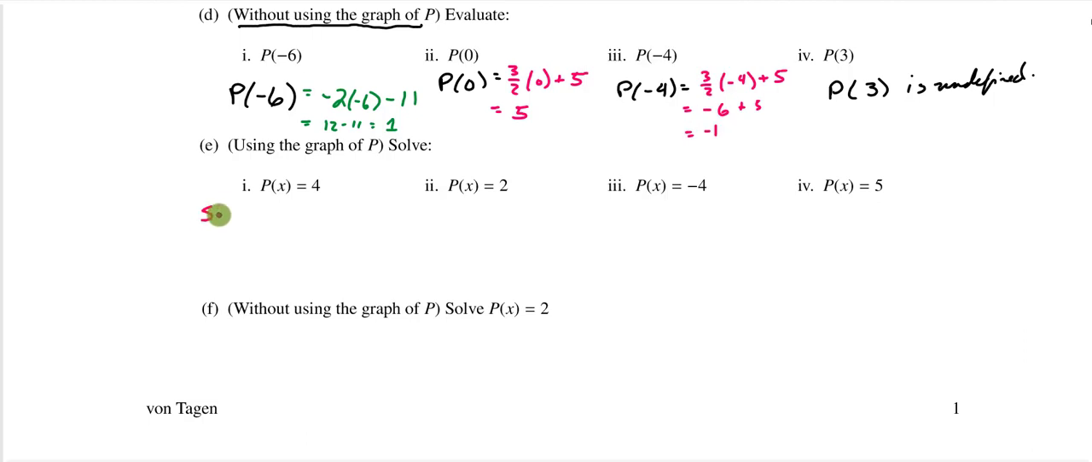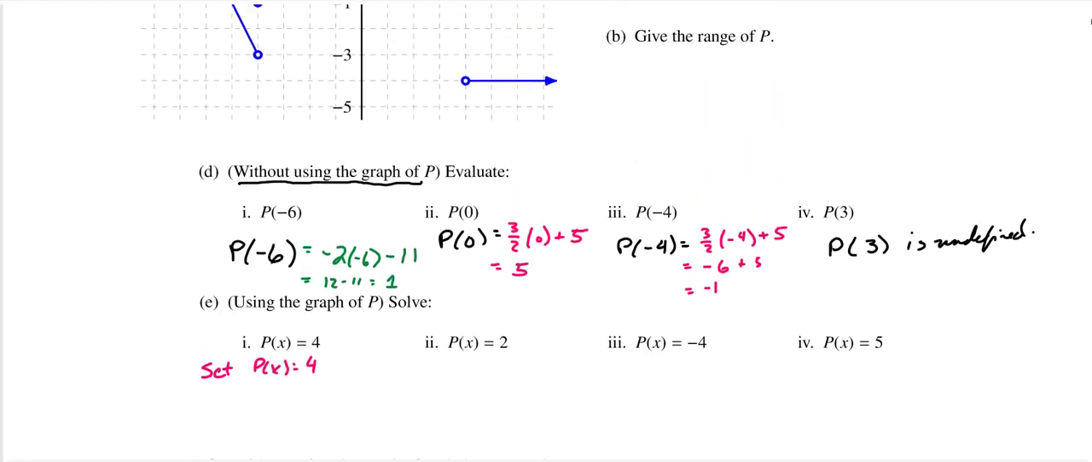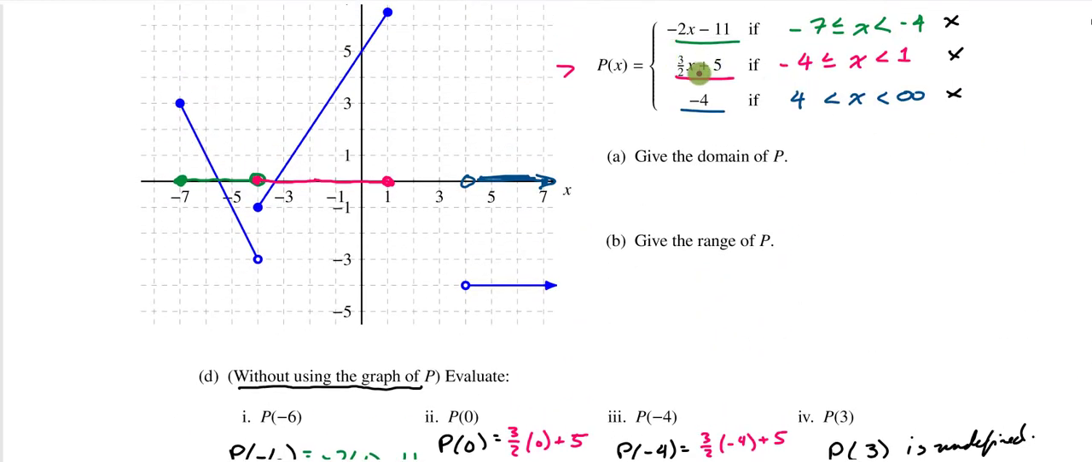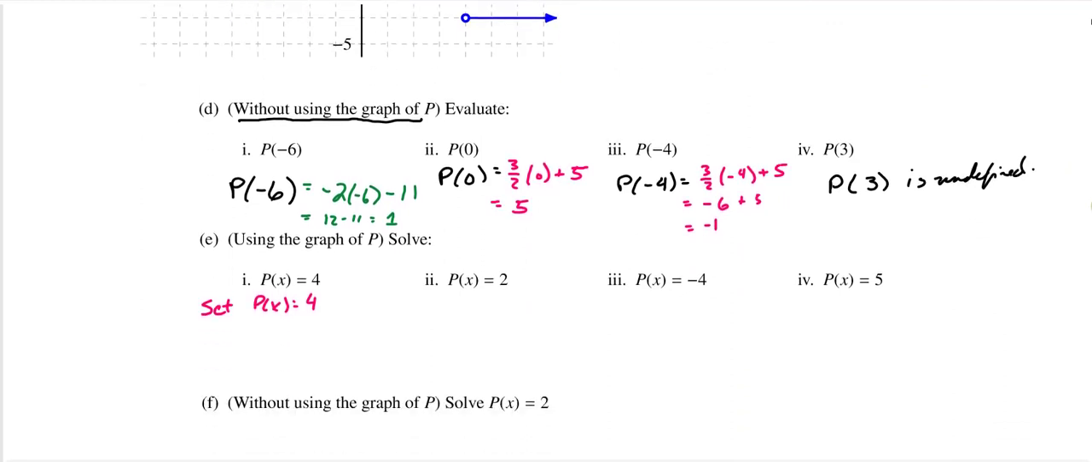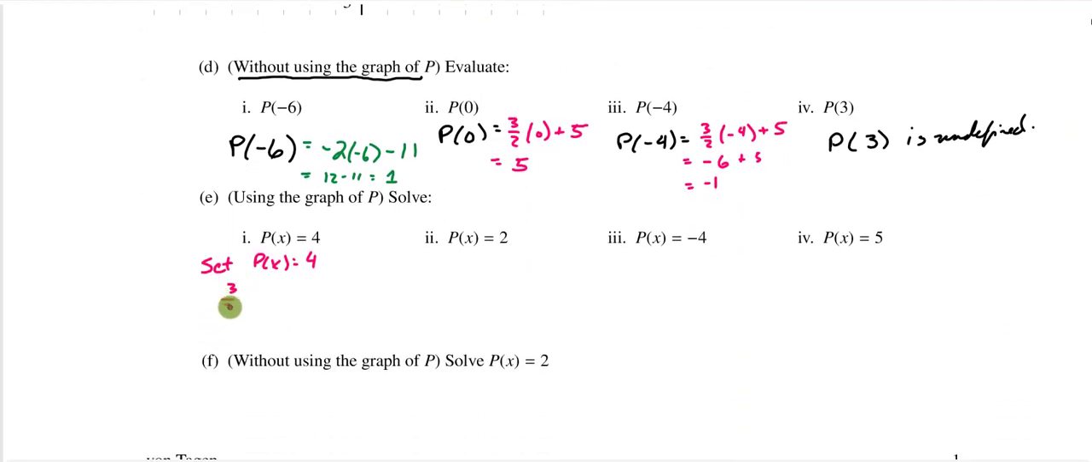I'm going to go ahead and write set p of x equal to 4, and then this is the part that I need to see from you. We select the correct piece. This happens when 3/2 x plus 5 is equal to 4, which happens when 3/2 x is equal to -1, or finishing out solving for x, this happens when x is equal to